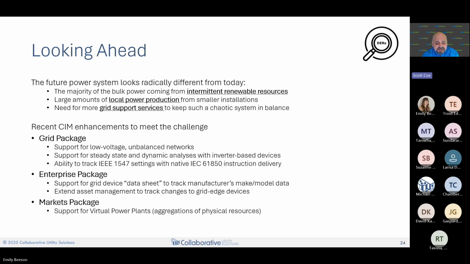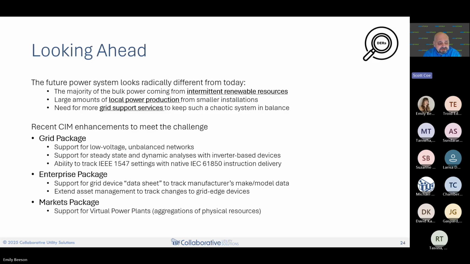And CIM has a native interface now to 61850. So while the US doesn't use 61850 for this, they've been more interested in IEEE 2030.5 maybe for this, but there is a native interface to 61850 already for 1547 settings. So that can get you a long way to discovering capabilities and potentially changing capabilities of devices.